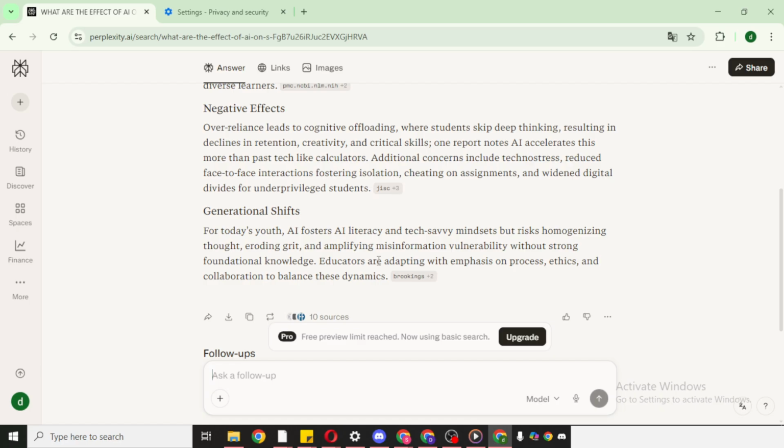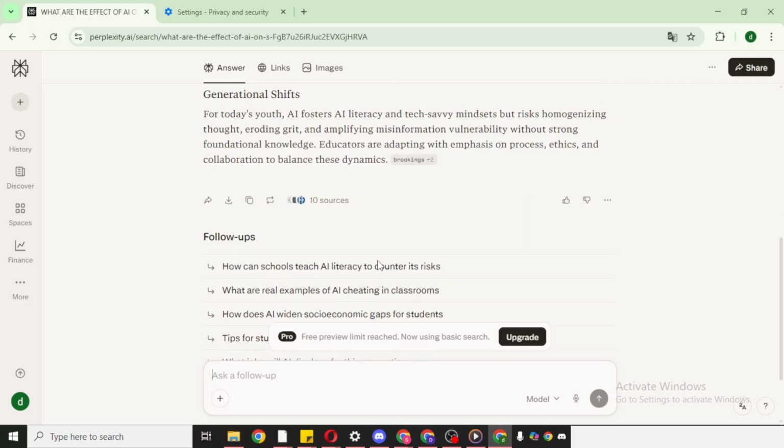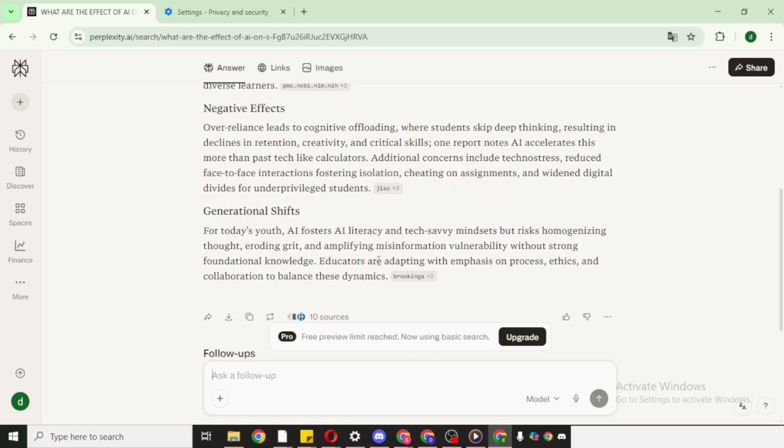When the results appear, you'll typically see a concise explanation supported by references. Read through the overview slowly and notice any definitions, distinctions, or key themes it highlights. If the answer mentions sources, that's useful context for academic work, helping you understand where the information comes from. Keep your original research question in mind as you review the response to make sure it aligns with what you